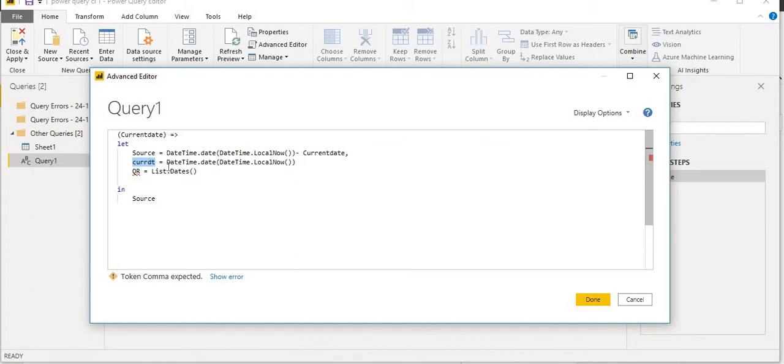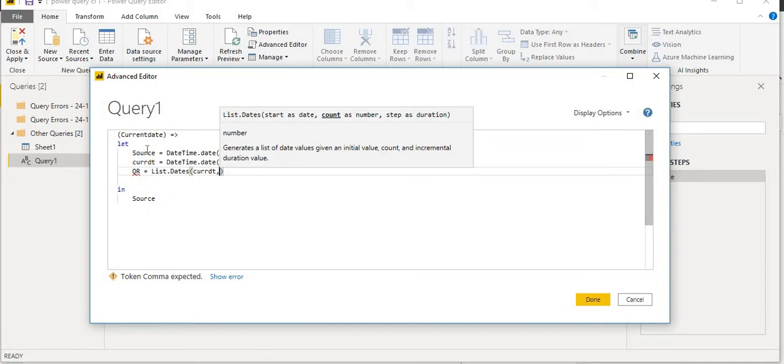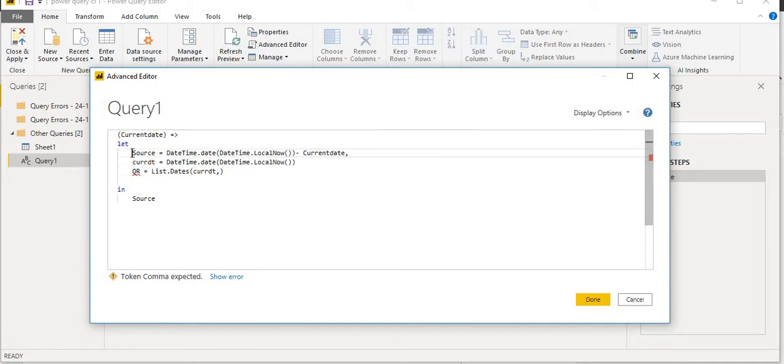So I need to start from the current date and I need to go back how many places? The number of places, which is the difference in days. I need to go back the difference in days between current date, today's date, and the date in question, which is this one, right? So go back,